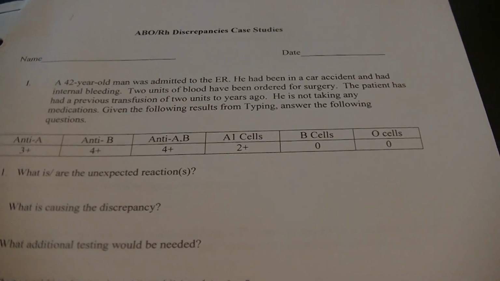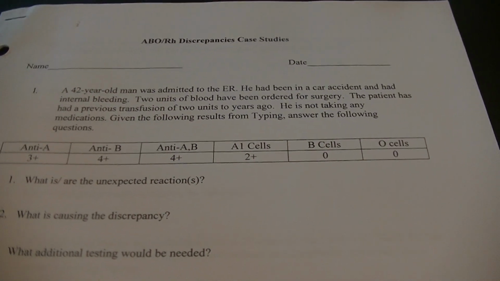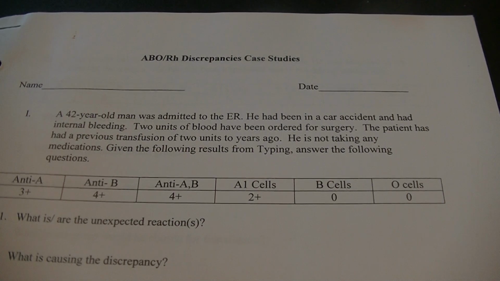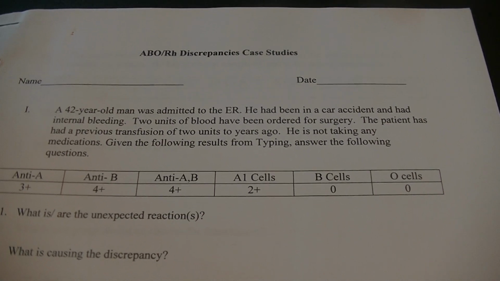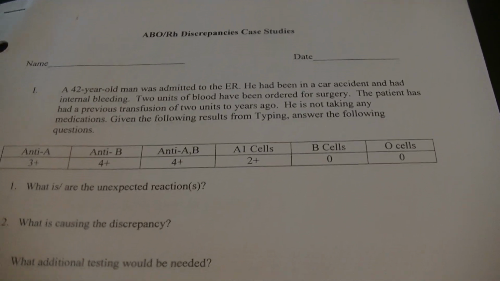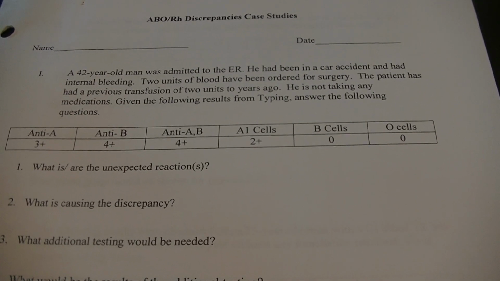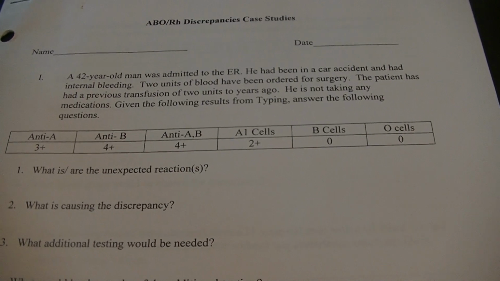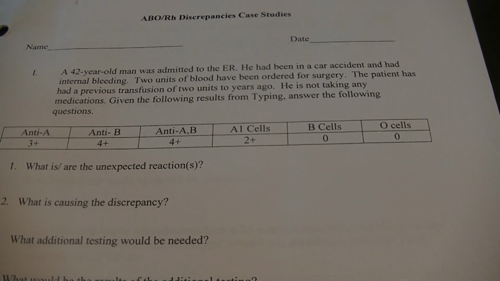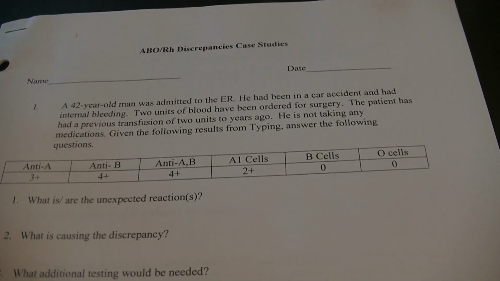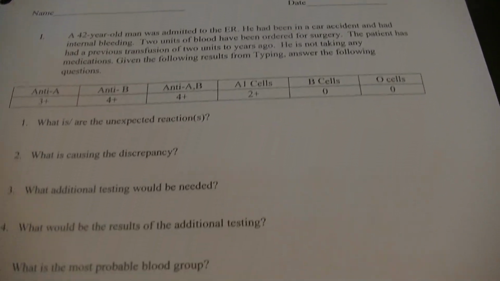When trying to answer questions on ABO discrepancy problems, you should always read the patient history. Remember that patient history might give you a key to the cause of the ABO discrepancy. We need to recognize which reaction or reactions we don't trust in our results, and then come up with a resolution to get rid of the discrepancy. So when you're doing these problems, read the patient history, look at your results, and then simply answer the group